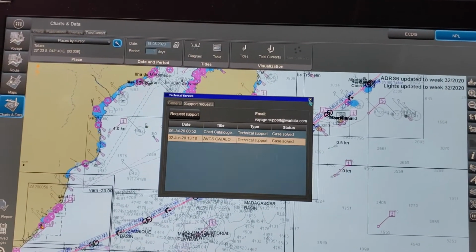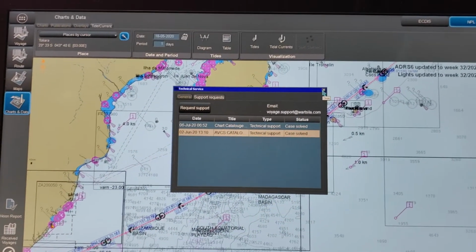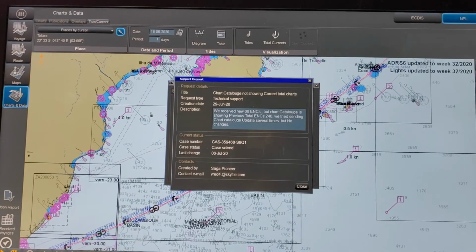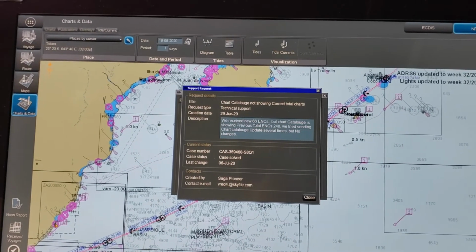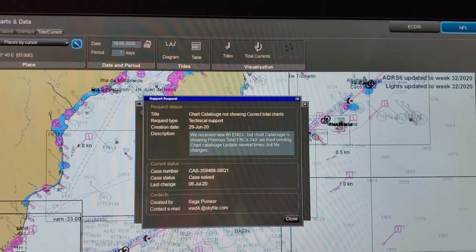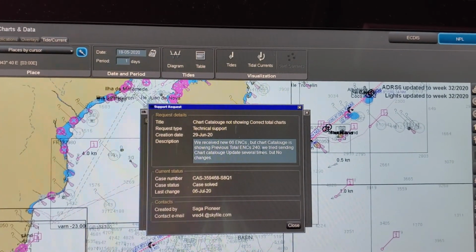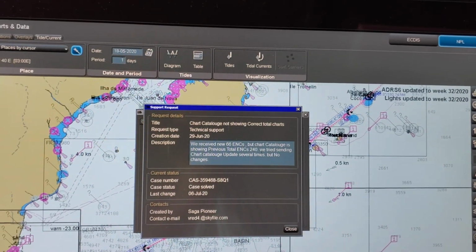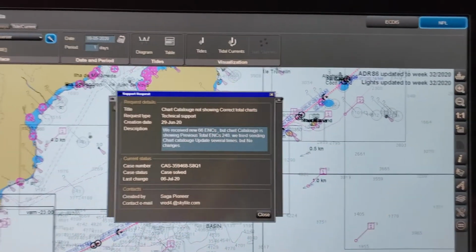After that it will go to Varchila support. Okay. So we have like this one that came. We received new 66 ENCs, but the chart catalog is showing the previous total ENCs as 40. We tried sending chart catalog update several times, but no changes. So this was like if you